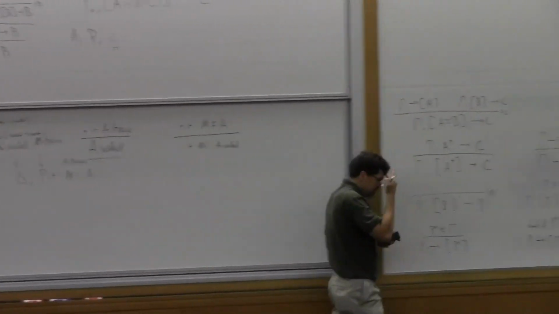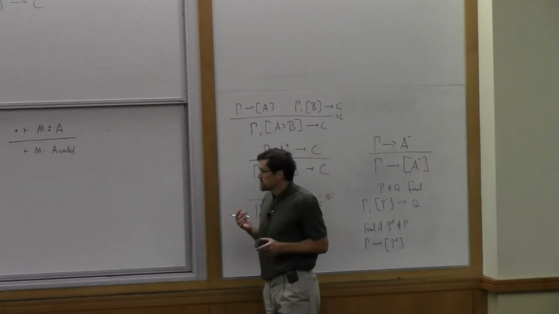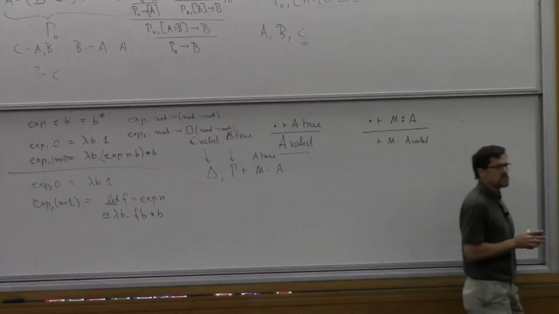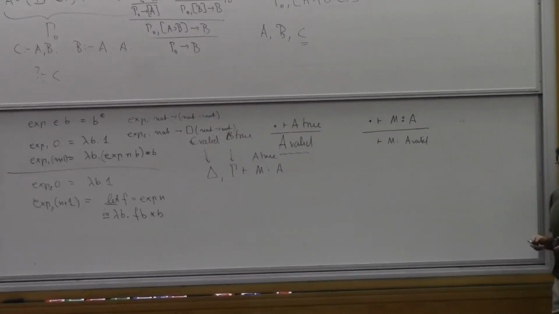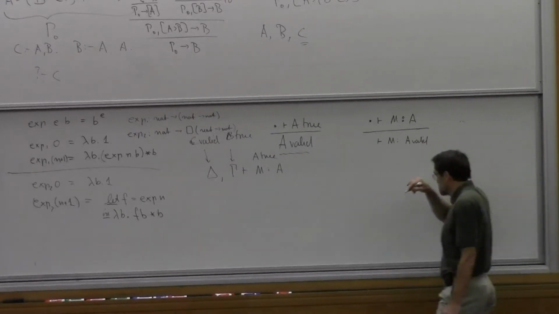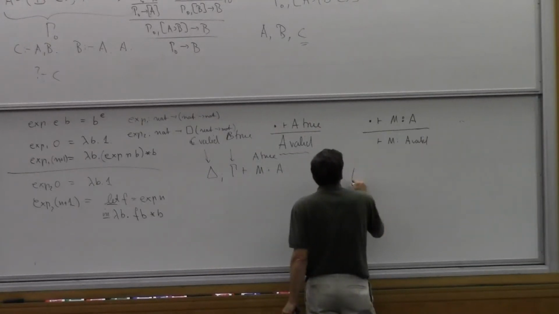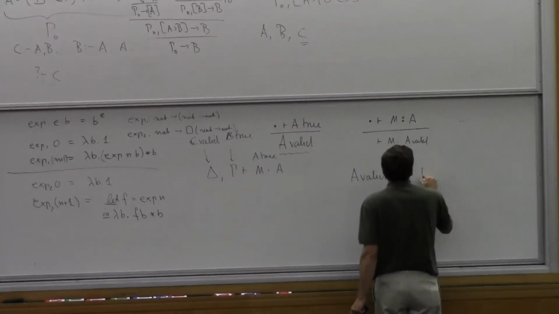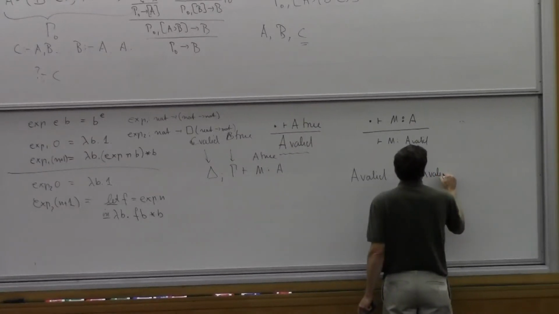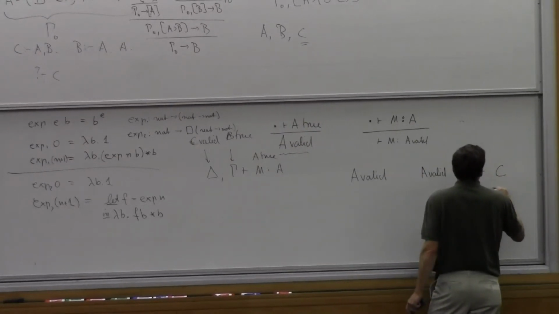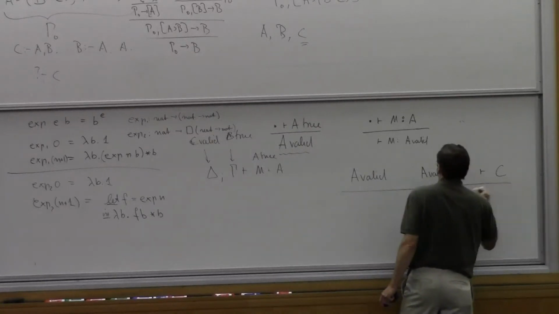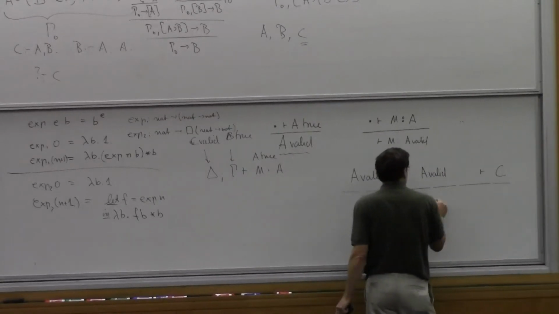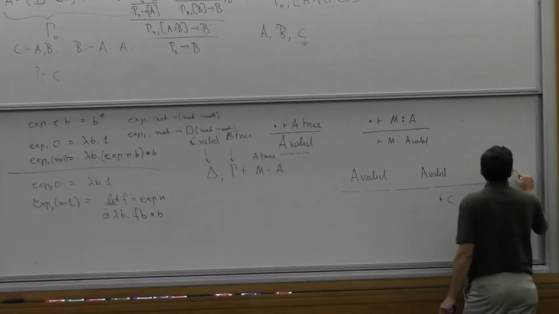So let's see, what principles should we worry about? We should worry about how I use the hypotheses, and I should worry about the substitution principle. So what's the substitution principle? The substitution principle would say, if I have A valid, and I have an assumption, A valid, under which I'm trying to prove C, so this is one of these things that should be definable, then I should be able to get C. And let's just say C true here.